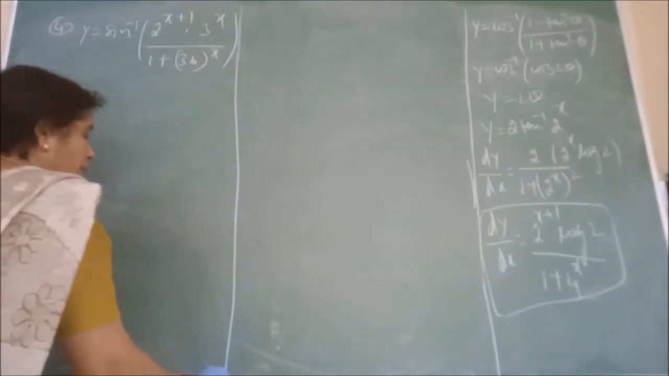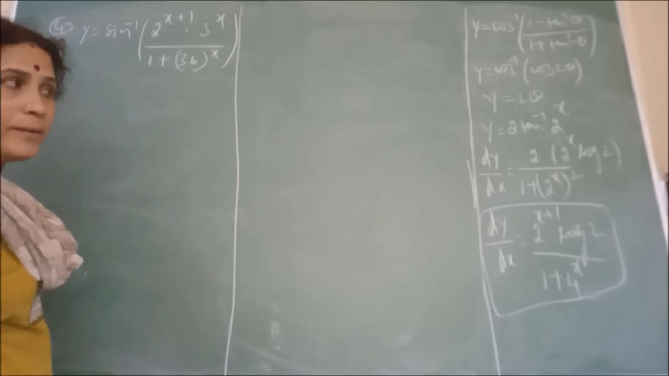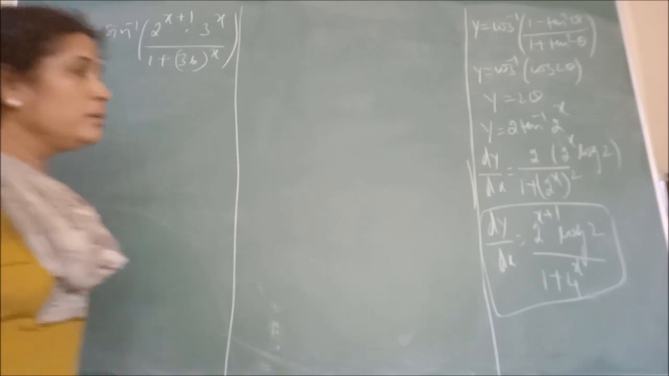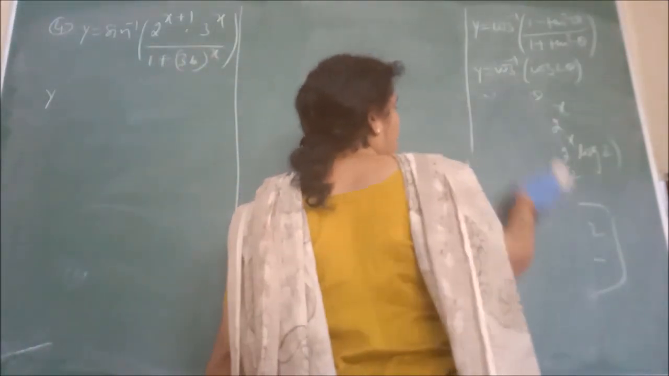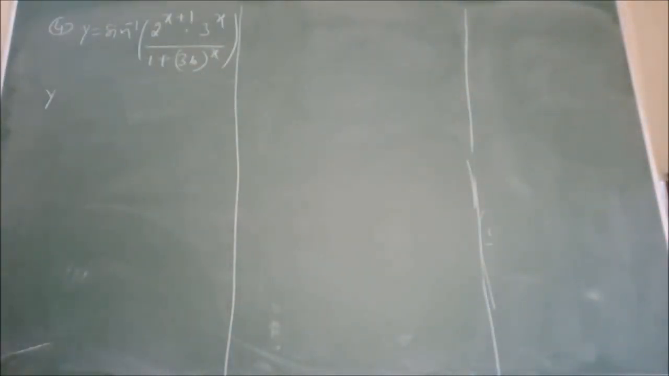Now next I am taking y equal to sin inverse of (2 power x plus 1 into 3 power x) the whole upon (1 plus 36 the whole power x). Now see here. Shall I start? Have you all written? Yes, ma'am. Now listen. Our next question, another most important question. This one, y equal to sin inverse of something they have given. Now listen, that is equal to sin inverse of